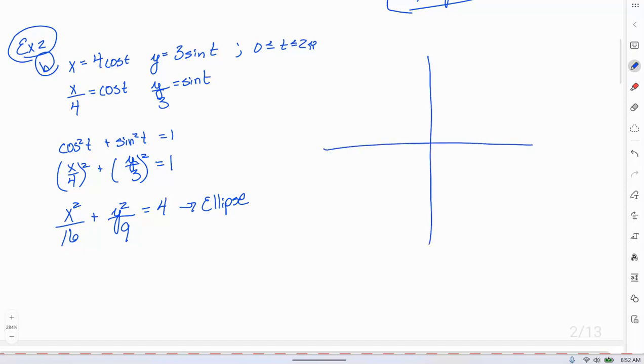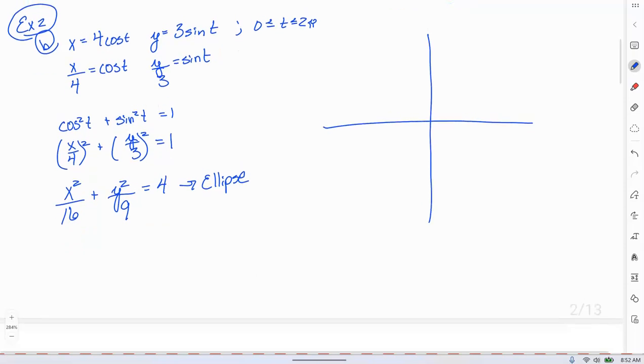I could draw that. I could create a t-table. See if I can do that here. I have x's, y's, and t's. Let me scoot that over. So I'm going to start at 0, look at pi over 2, pi, 3 pi over 2, and 2 pi. So this is where you're going to want to pause the video, finish the table, come back, and then we'll